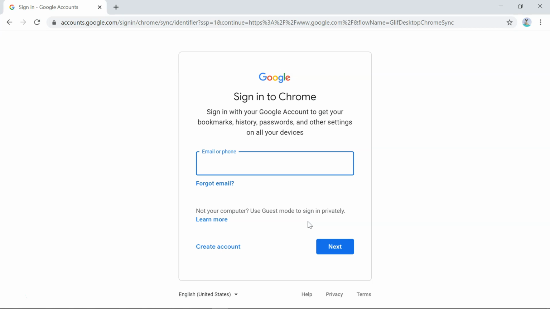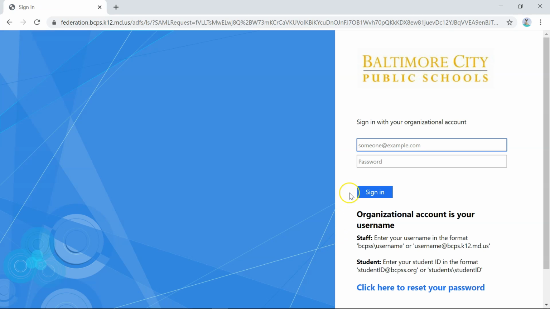Now once you click that, this is where you're going to log in with your Baltimore City Schools credentials. I'm going to log in as a student. You're going to use your information. So whatever your student ID number is, then the @ symbol, and of course BCPSS.org. Once you do that, you're going to click the next button, and it should take you to our Baltimore